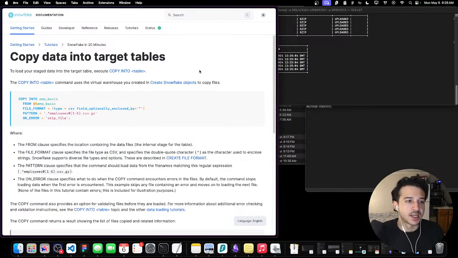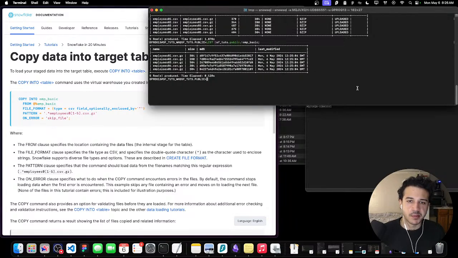Copying data into target tables. To load your stage data into the target table, execute copy into table. The copy into table command uses the virtual warehouse you created in create Snowflake objects to copy files. So we see